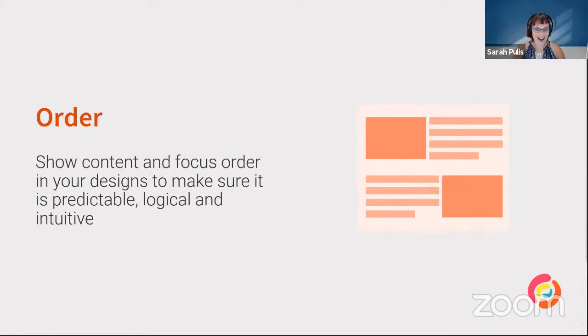All right, so the next annotation type we're going to talk about is everything to do with order. Usually when we're looking at the order in which content is presented, and in particular, the order in which content is presented to assistive technologies, we want to make sure that we show what that content order is and also what the focus order is. So if someone is using, say, a keyboard or a keyboard alternative and they're tabbing through a page, what is the focus order? Which items are they going to start tabbing through and what's that order?